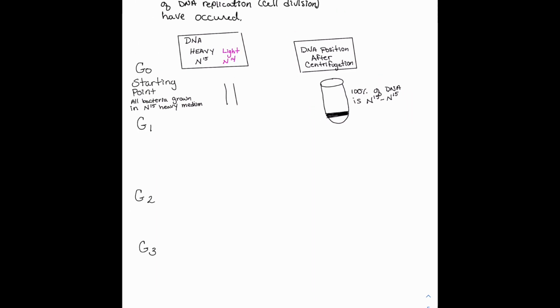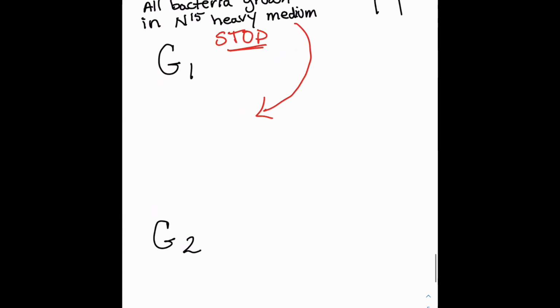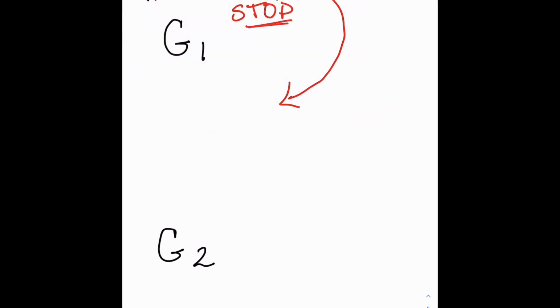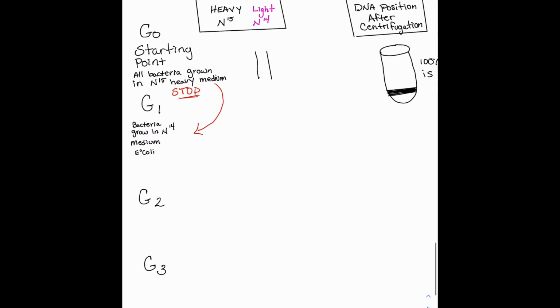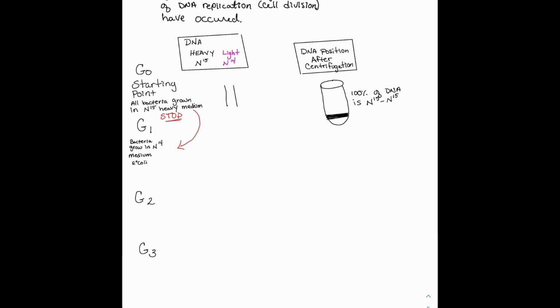So then what they did is they stopped this, and then they transferred this into a growth media that was N14. So the growth media only had N14, non-heavy nitrogen. The bacteria that we're looking at, by the way, is just E. coli. Okay, so when they did this, the results they got were